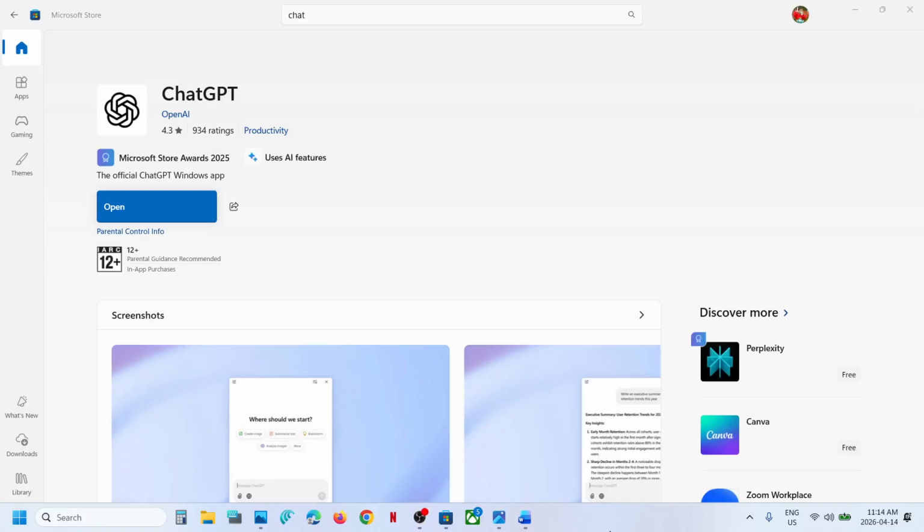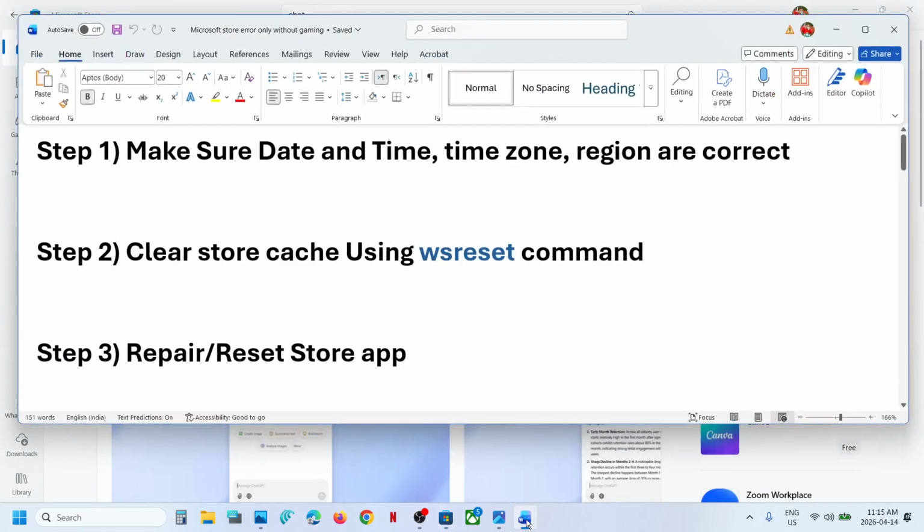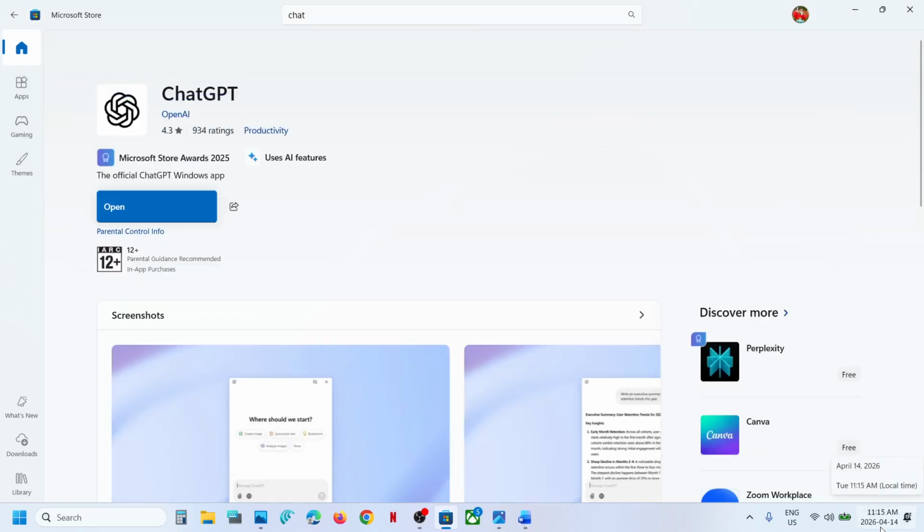Today in this video I'm going to show you how to fix when you're unable to install ChatGPT, because if the download is stuck on queued or if it is stuck on checking dependencies, then please follow the steps shown in this video. Now the first step is to, at the bottom right of the screen, here you can see